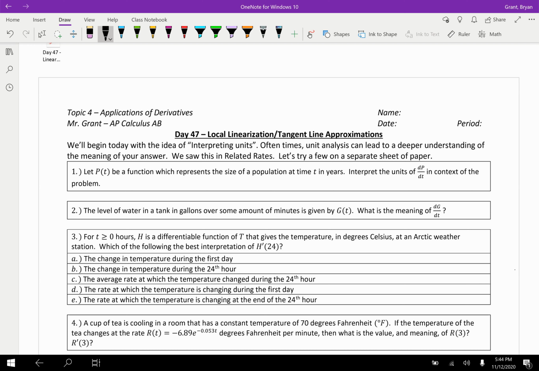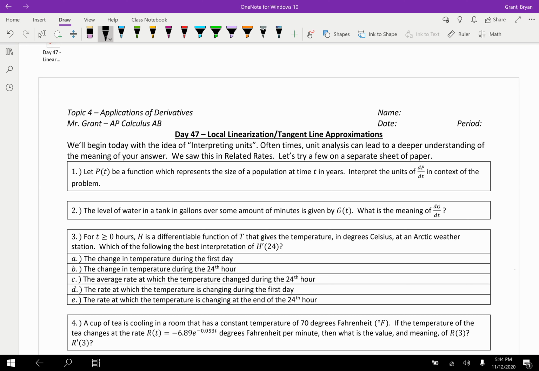Hey, and welcome back to AP Calculus AB. We're on topic for our applications of derivatives. Today's lesson actually has two parts to it. Although the title is Local Linearization and Tangent Line Approximations, we're actually going to start with the idea of interpreting